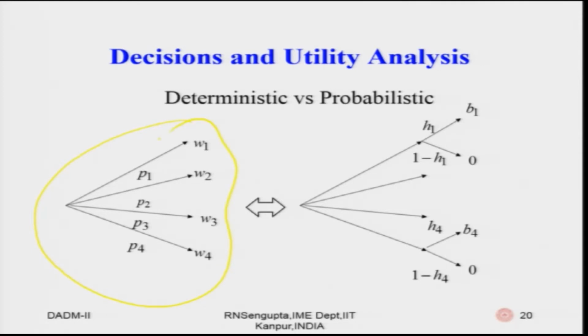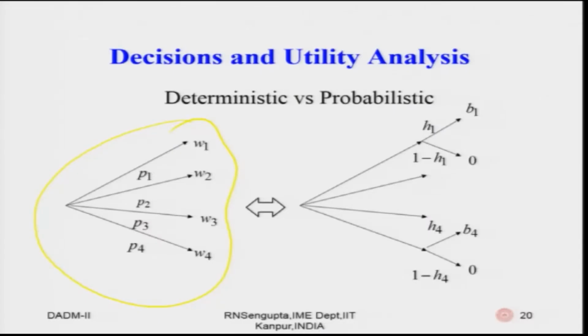So, now if you look here, what do you have? You have probabilities P1 and the outcomes are given as W1, P2, W2, P3, W3, P4, W4, there can be more outcomes also. Now, remember 2 or 3 very simple things which are true corresponding to the fact that we are considering these examples. Point 1, the sum of the probabilities should be 1. Point number 2, the values which are given as W1, W2, W3, W4, remember they are the outcomes. So, if they are the wealths, obviously you have to convert those wealths or those decisions into utility based on what the utility function is.